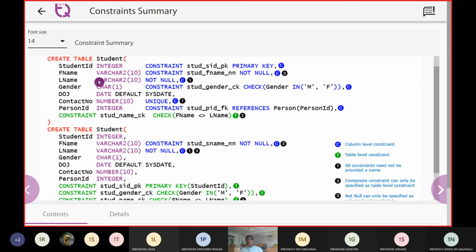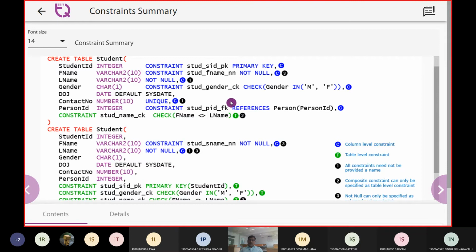Here you can see student ID belongs to a constraint, and it is obeying as a primary key. Then first name, again we are assuming it should not be empty, so we call it not null. And last name is again filled with some data, so we say it is not null.